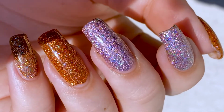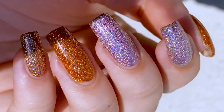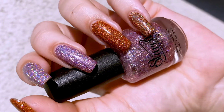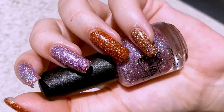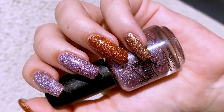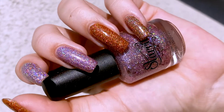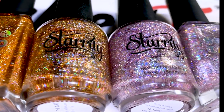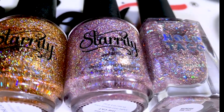I mean, damn, that's like an acidic orange. It just kind of outshines the Zyler tone. Not that it's better or worse, it's just that you cannot take your eyes off of it. I mean, Jesus, look at that thing. As you can, of course, see, the colors are different. For Menchie the cat, while they're very similar, Holotaco is definitely much more gray, much more soft, while Starrily's is